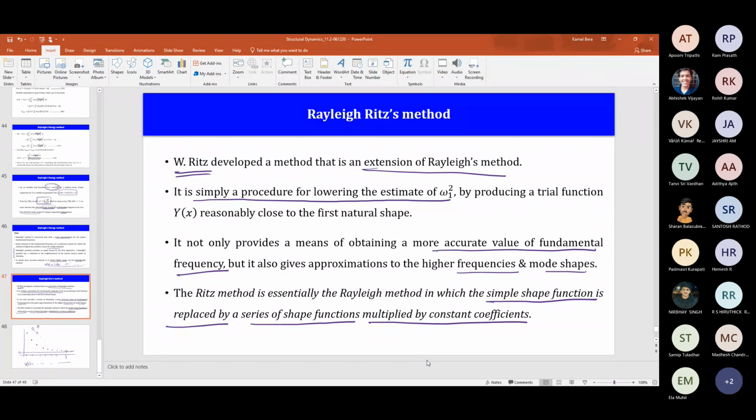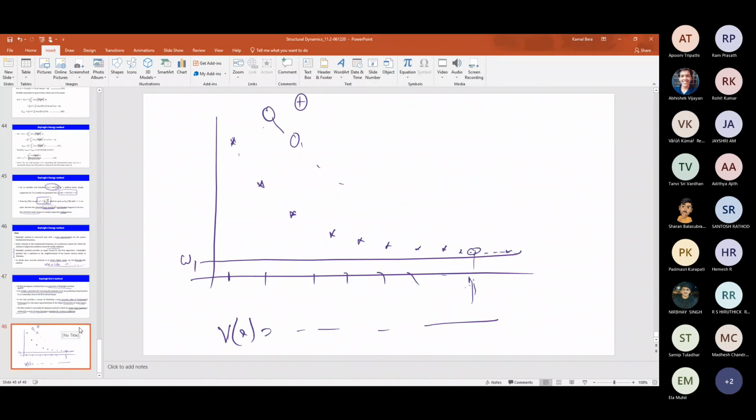So should I keep the Ritz method in the PPT if you are interested, although that is not a part of your syllabus? I will not ask any question in the exam. So should I keep it in the PPT, or will you be able to read from the books? Tell me yes or no. Let it be in PPT. Okay, I'll keep it. Also, you can refer to Meirovitch, but you will find it a little bit intensive there. You just refer to the PPT, which I have used most probably from the book. If you have the soft copy of the book, just check it.